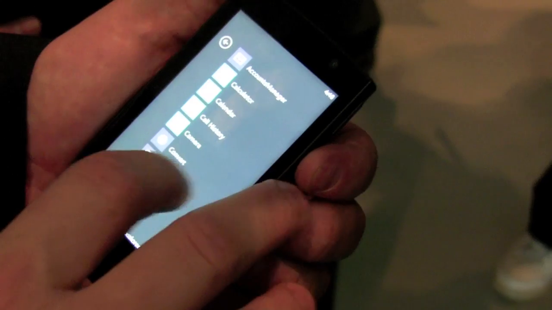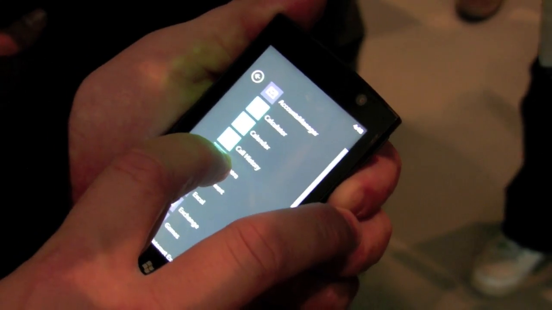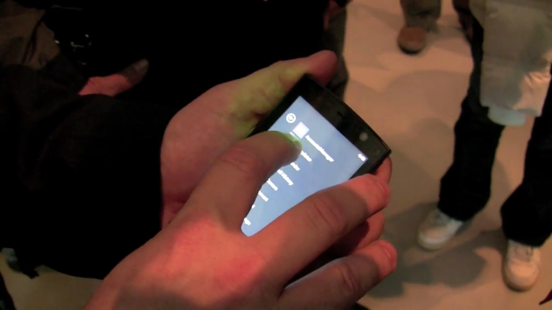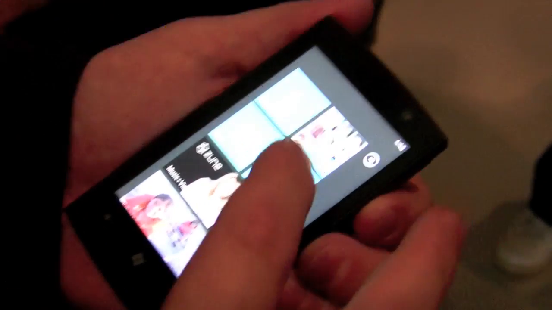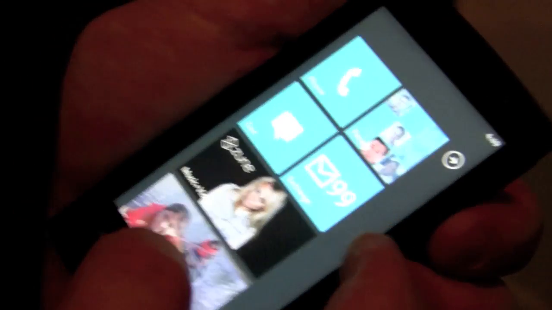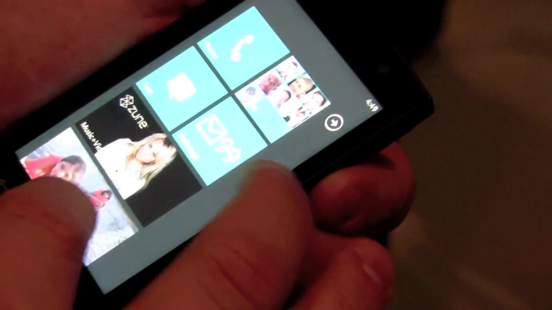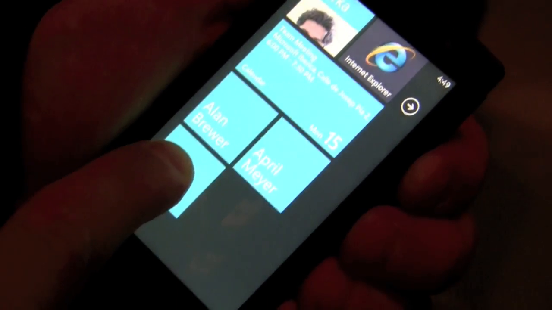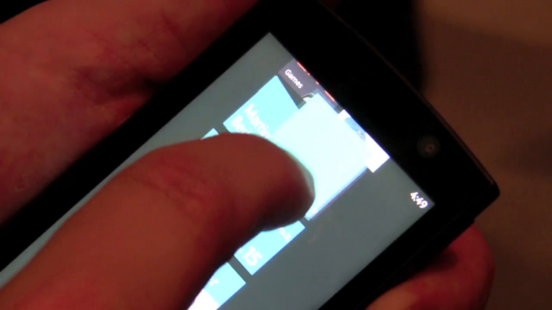So for example, let's try this. It's not letting me pin that one. Let's try Calculator. So here I can add that to the quick launch, and Calculator will come onto my home screen now. And then, did you see how Joe moved these tiles around? There we go, Calculator. So I can press and hold Calculator. Now I can move it around. You can see the little tiles move out of the way, so you can tell where it's going to drop.